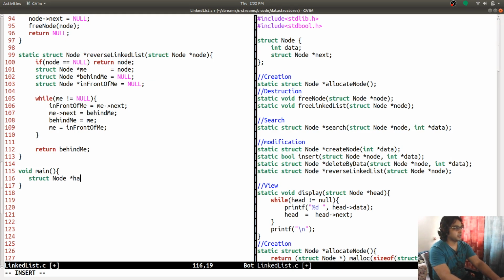Node star head is equal to create node, and I will say int data is equal to 200, ampersand data, which is taking a pointer, and I'm going to display head.